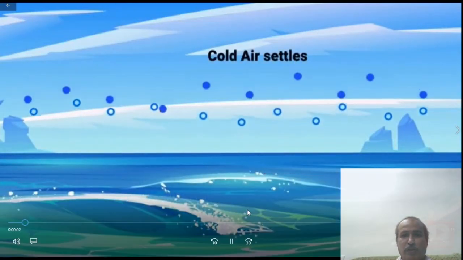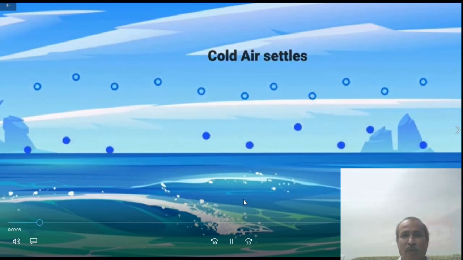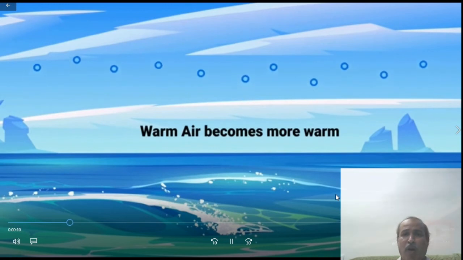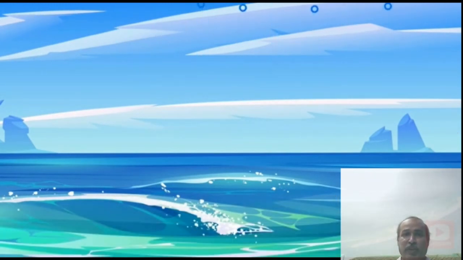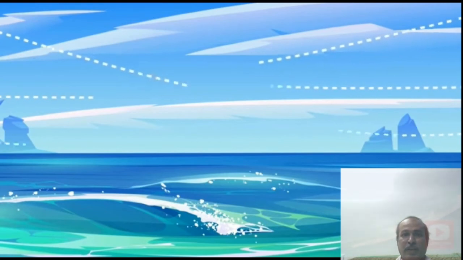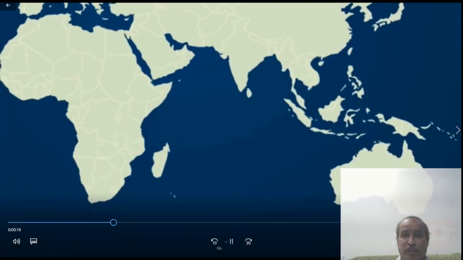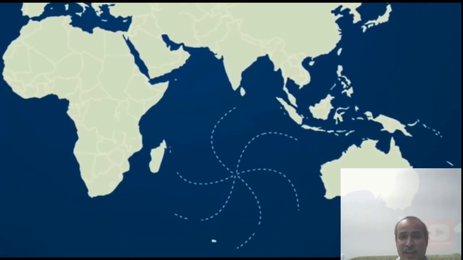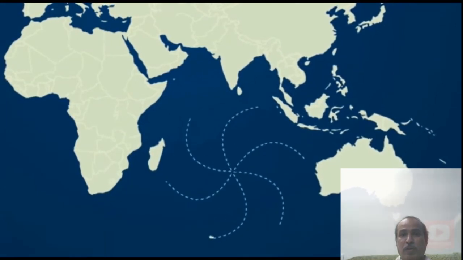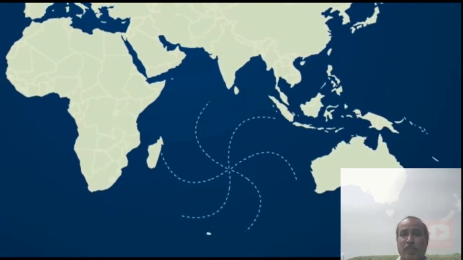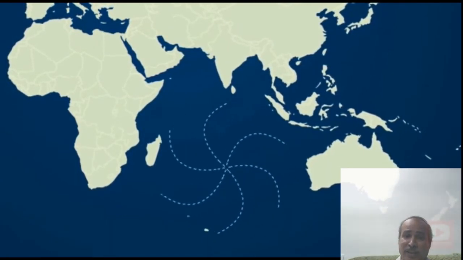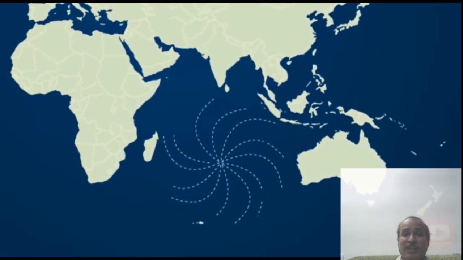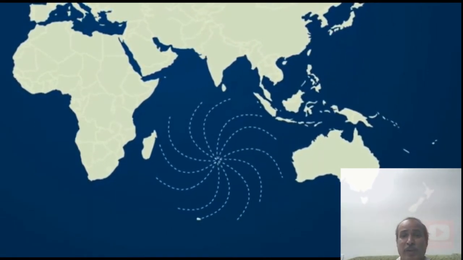At low atmospheric pressure over the sea, the warm air rises and cold air comes down. The warm air becomes warmer and rises up. There is a formation of gaps, so the cold air rushes from the higher pressure region to this region with high velocity and gets circulated due to the Coriolis force, so that more air is rushed from the higher pressure region to the lower pressure region and starts to circulate, getting a spiral structure. So this is a tropical cyclone.